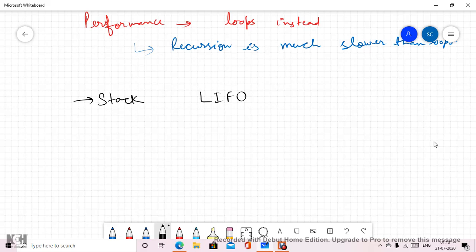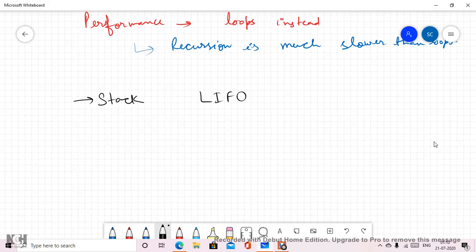When a function executes, it adds its state data to the top of the stack. And when the function exits, this data is removed from the stack.